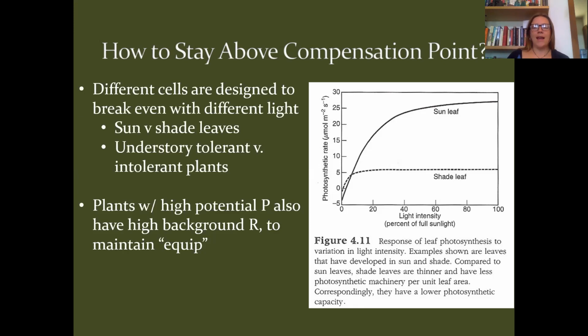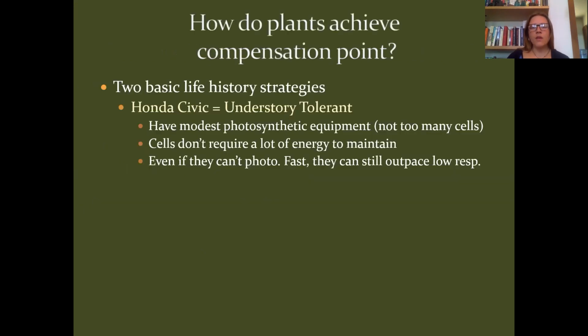So it might have a compensation point that is at a much higher light level, whereas the shade leaf might have a lower ability to photosynthesize, but then it might have a lower rate of respiration. So it might be able to meet its compensation point at a much lower light intensity. So this kind of brings us to an understanding of